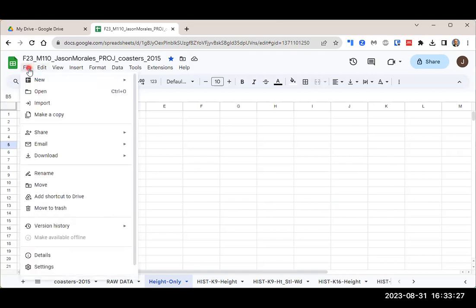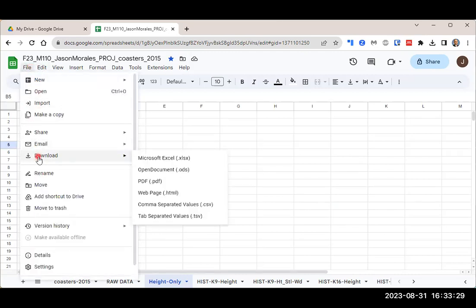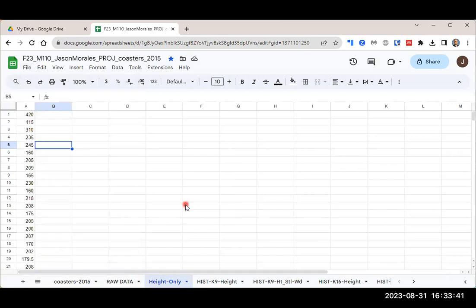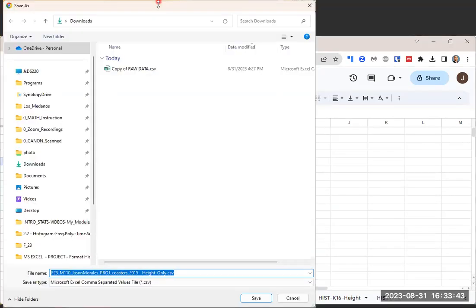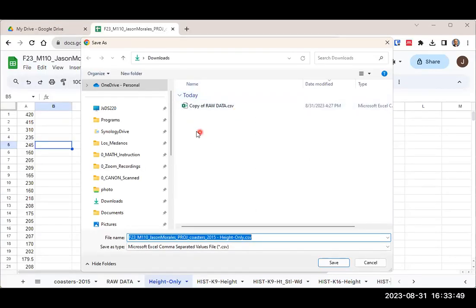You just go into File, Download, and then come over and go to comma separated values. So a CSV file. So I will left click that. And it's just brought up this Save As window. And I'm going to save this to my Downloads directory. And you can see it's calling it the name of the spreadsheet and then the name of the tab. So that looks fine. I'm going to go ahead and just save that into my Downloads directory,